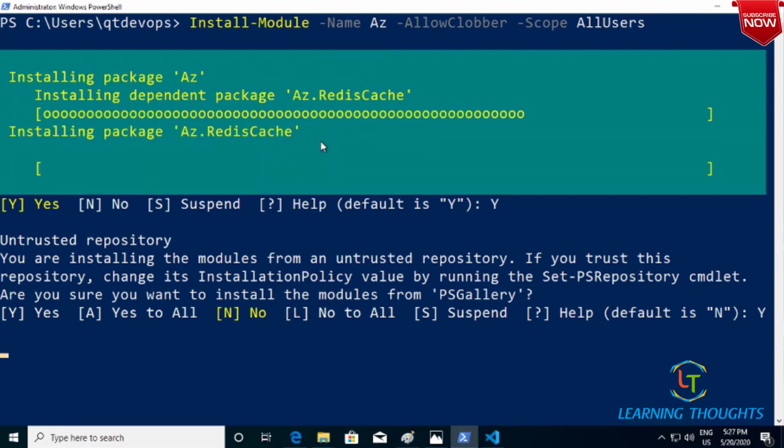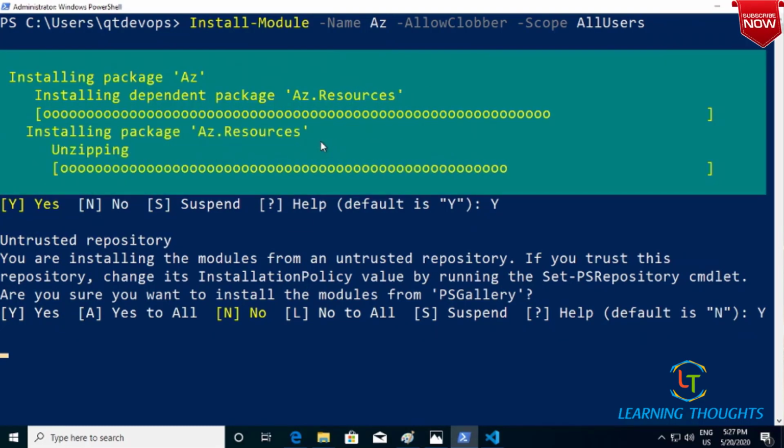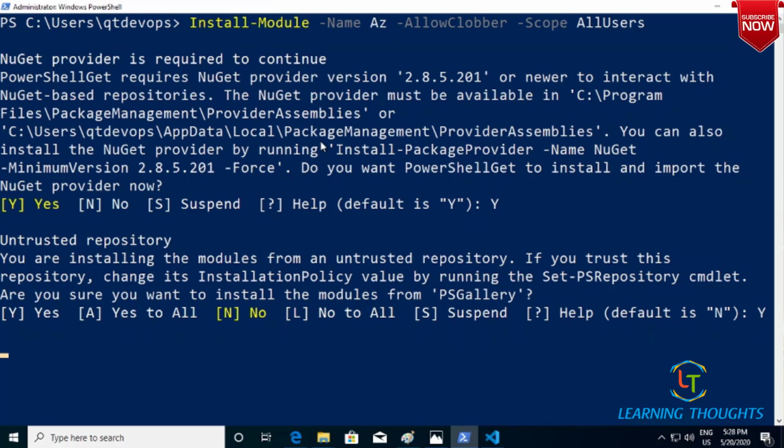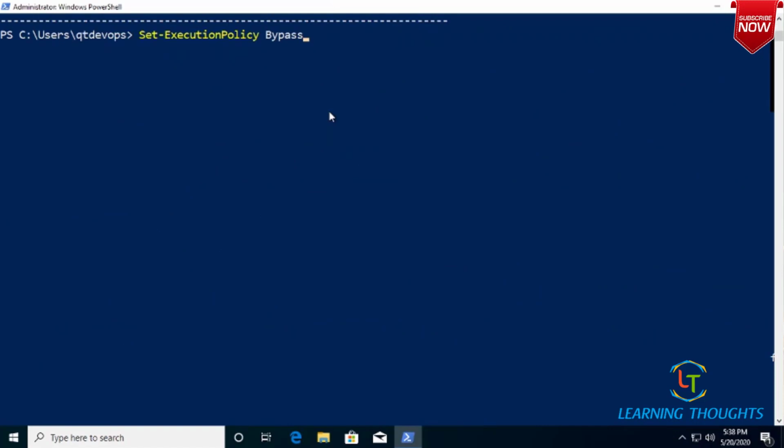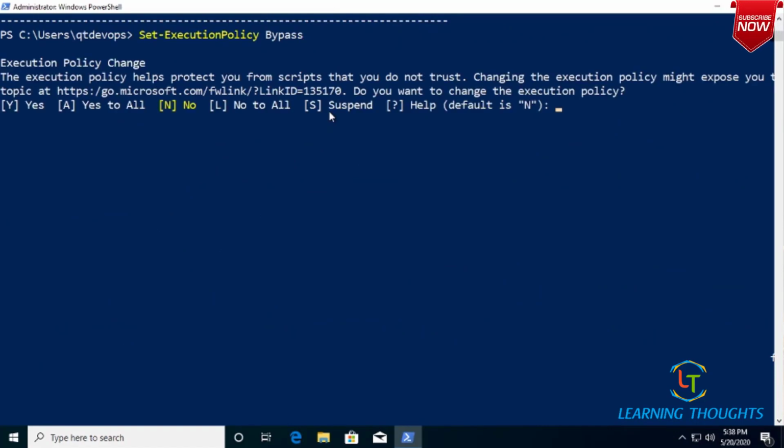I will be waiting for this installation to be completed. So it is done. Now let me set the execution policy to bypass, and I would apply the execution policy change to all. And then let me try the command Connect-AzAccount.